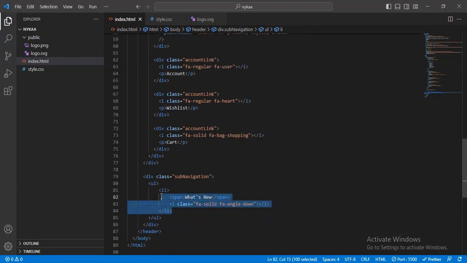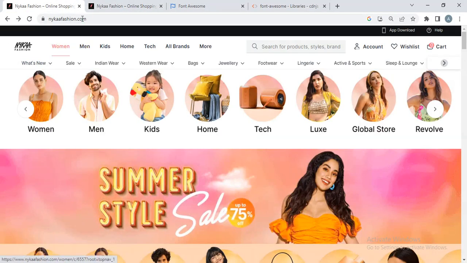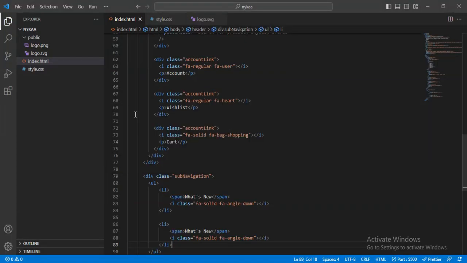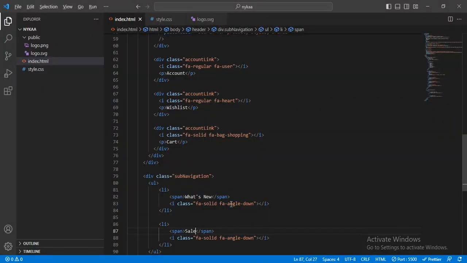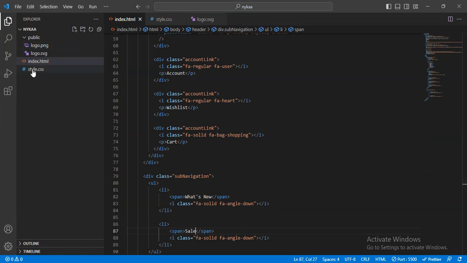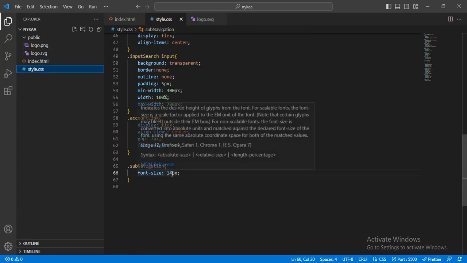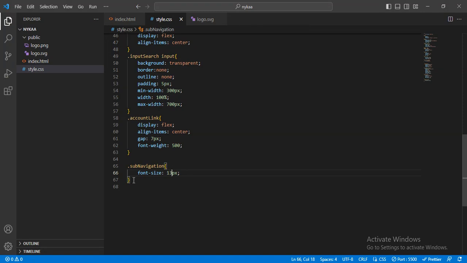Let me add some other links, and next one will be, let me just check, cell. Okay, I will add cell. Okay, only cell, no problem. And here you can see both. Let me design this part. For that, let's come here, and here I had given 14. Let me reduce this to 13. Yeah, 13 perfect. And now I want to make it in a single row, and for that